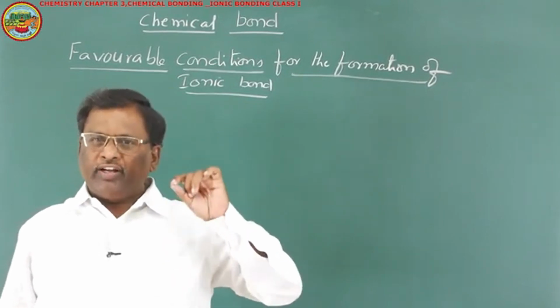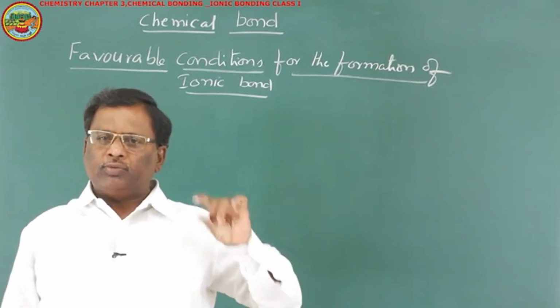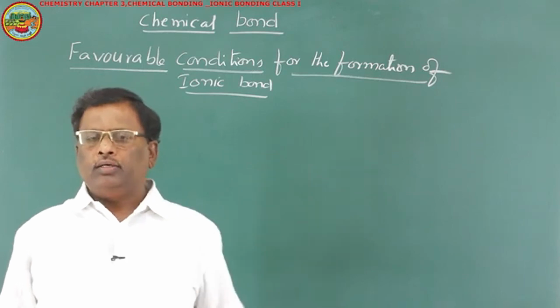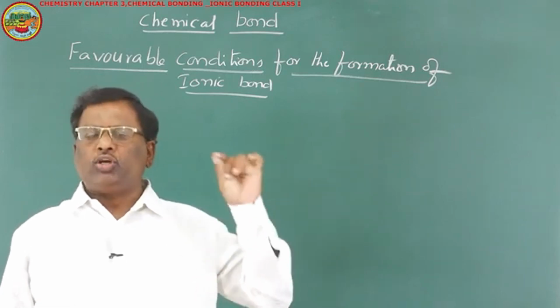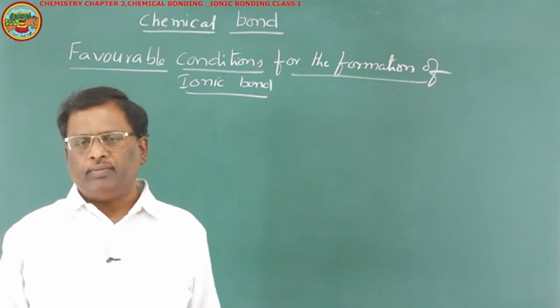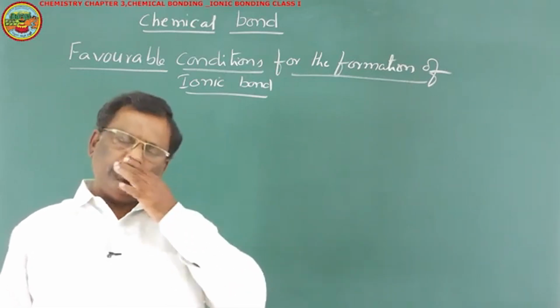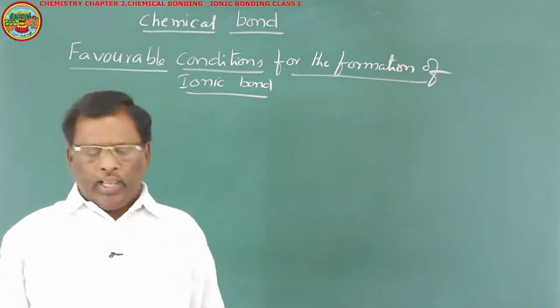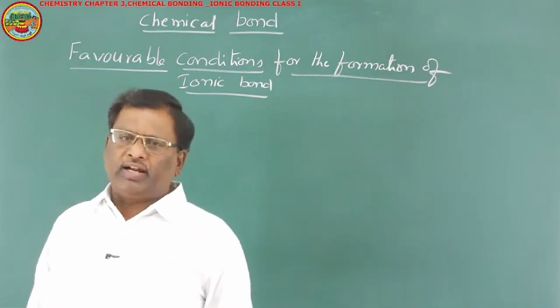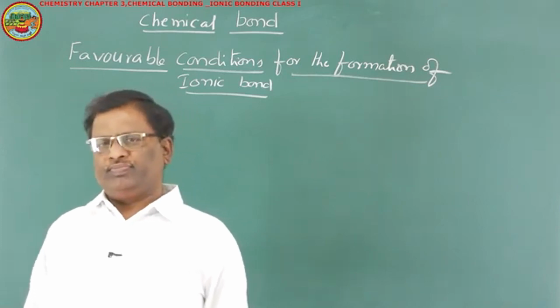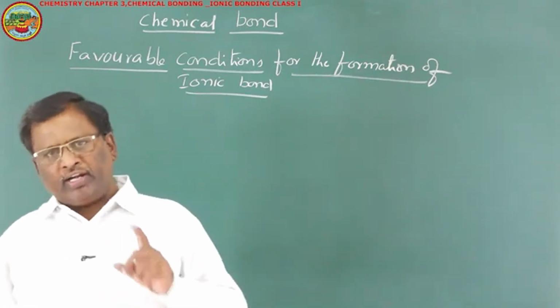the electronegativity difference between the two bonded atoms. To form an ionic bond, their electronegativity difference must be more than 1.7. This is the main character. And other favorable conditions, if we want to discuss,